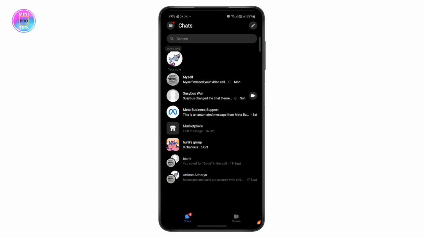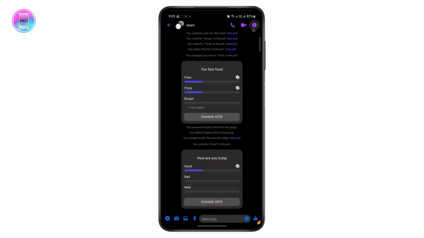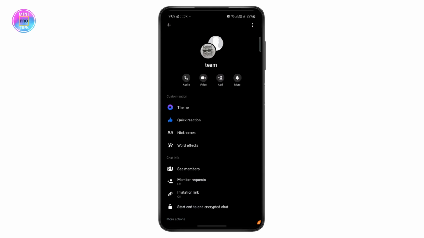The first thing I'm going to do right here is open up my Messenger. And once you open up your Messenger, all you have to do is open any of your chats that you want to change your theme. Now, once you head to your chat, all you have to do is tap on your group, or you can even tap on this eye icon at the top right corner. And once you get to the chat settings,